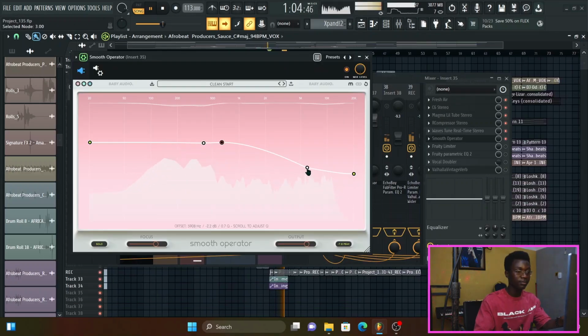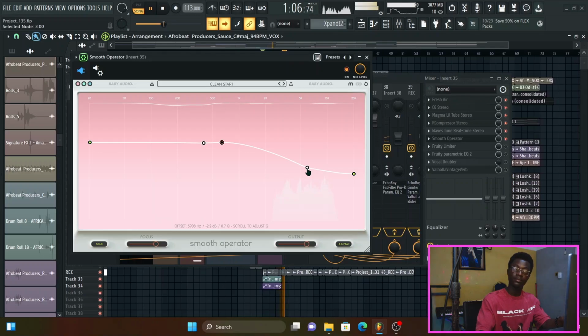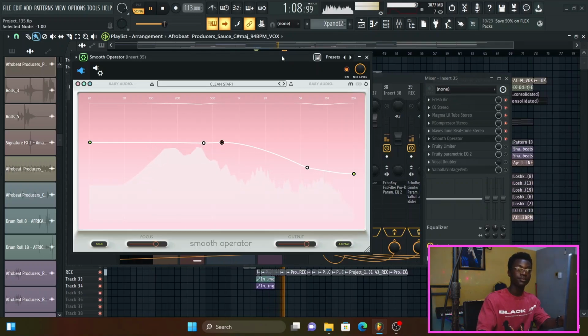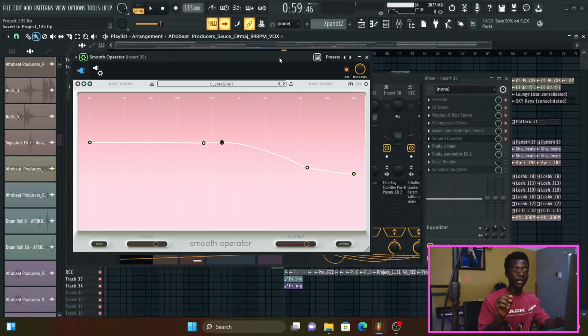So let's keep them as unjust. that sadness pretense. So I just wanted it to tame that particular frequency, and yeah, it did a very good